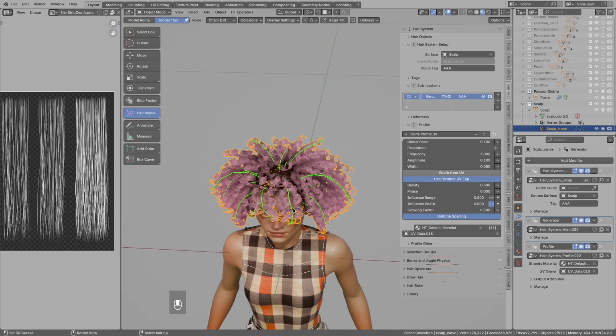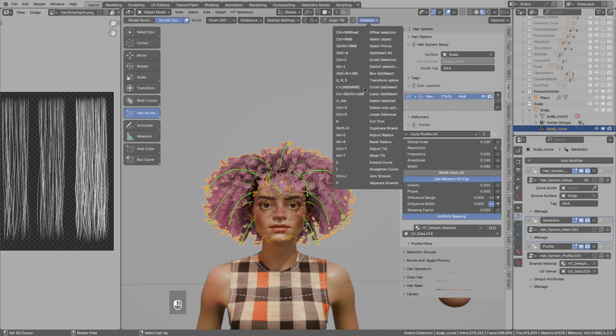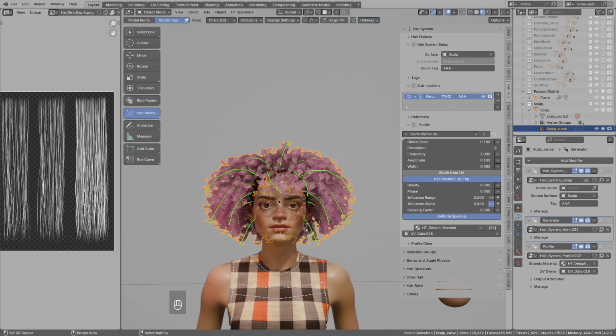So I used the Ctrl D, left click and drag for the linear deformer tool. Then maybe for the second I will enable symmetry. Actually, move this like that.